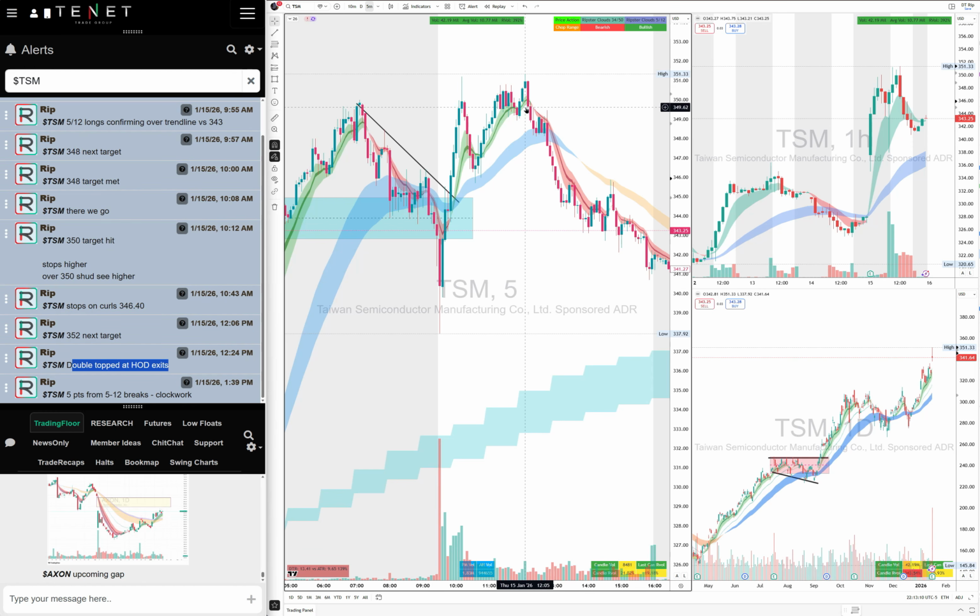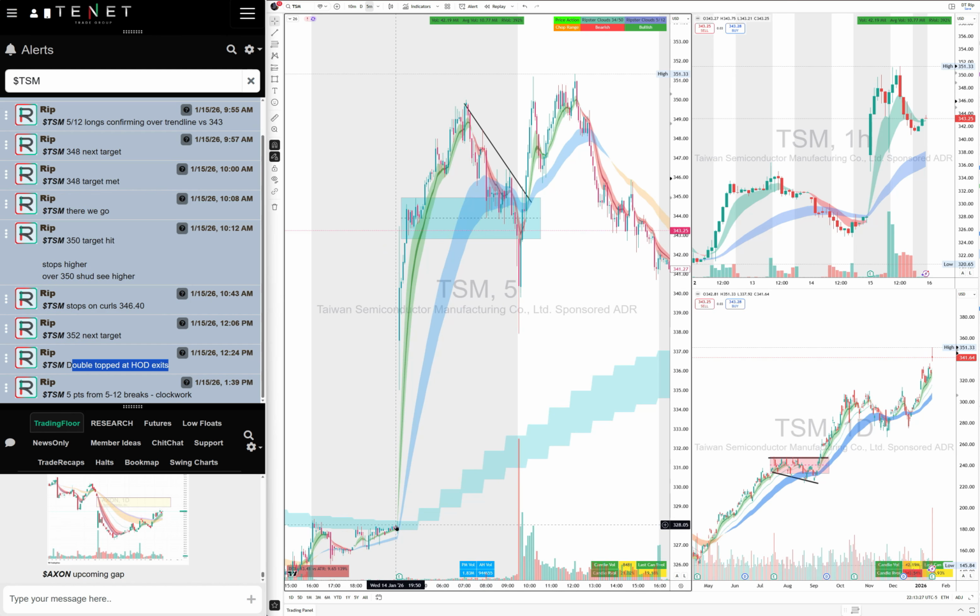So double top, bearish, breaking the 512, we exited it. And even if you could buy the puts here, short it, you can take it all the way down as well. You could also short it from the 350 break to the 343. That was a $7 per share short that you could take all the way down. So you see, this is how you trade the gap and go.